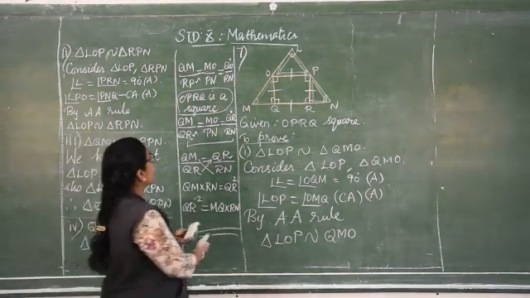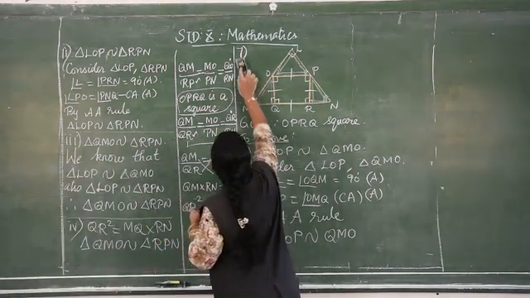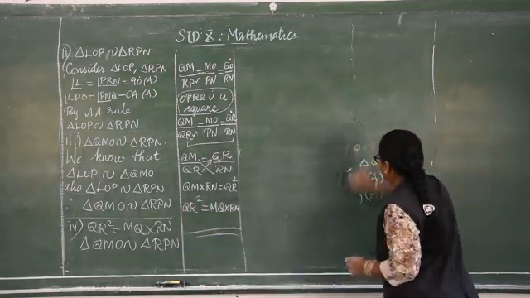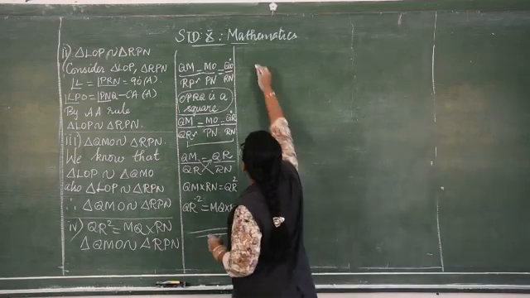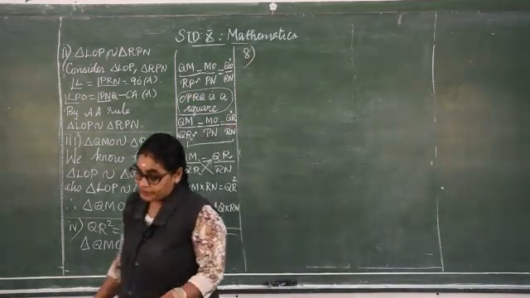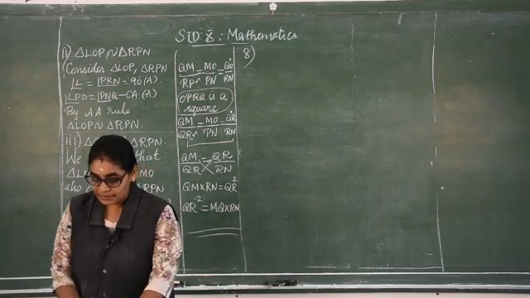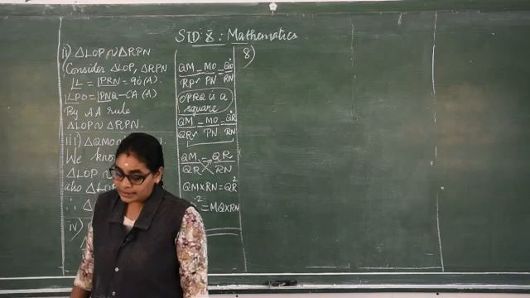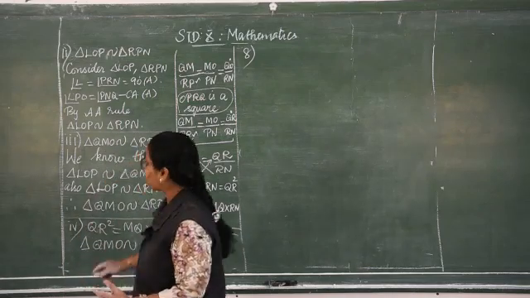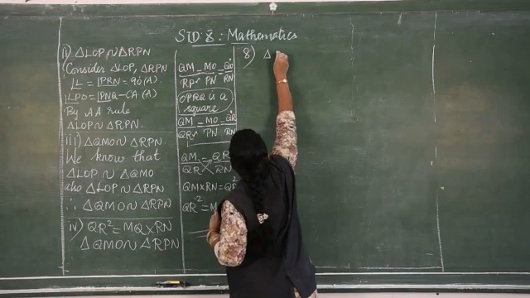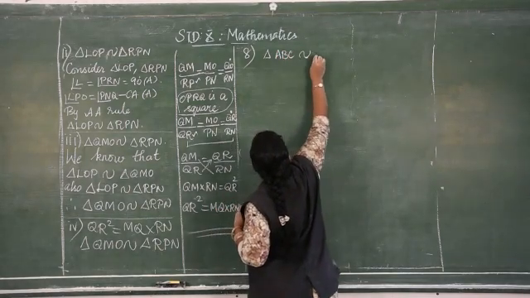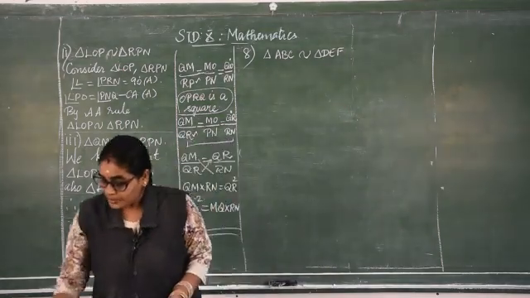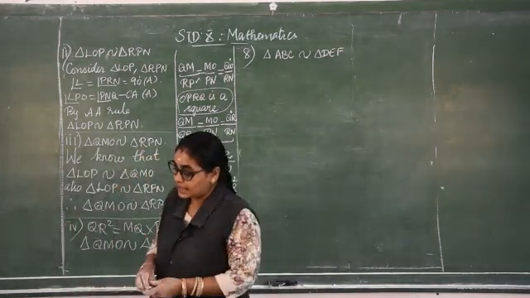Now your 7th sum, sorry 7th sum we completed. We are going to prove 8th sum. We are going to do 8th sum. So 8th question, diagram that is given, no diagram given, but triangle ABC and triangle DEF are similar. So they have given triangle ABC is similar to triangle DEF. Then area of the triangle ABC is 9 centimeter square.